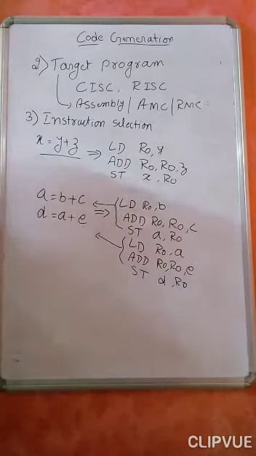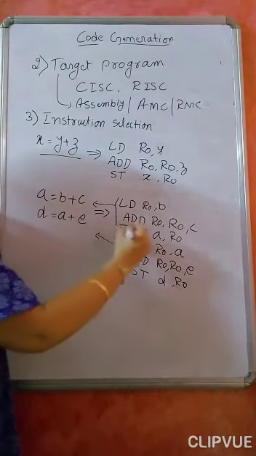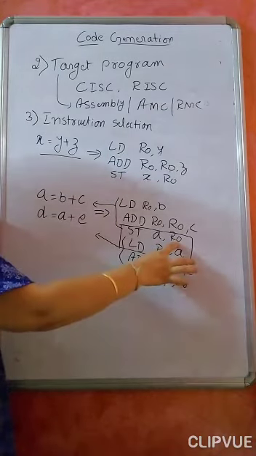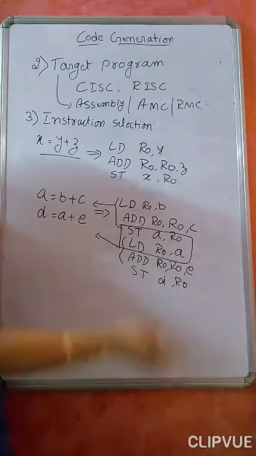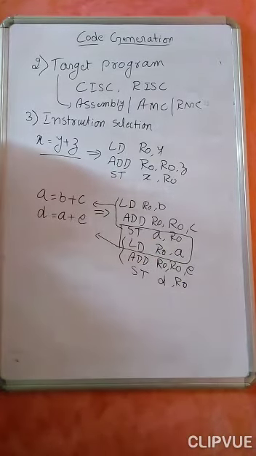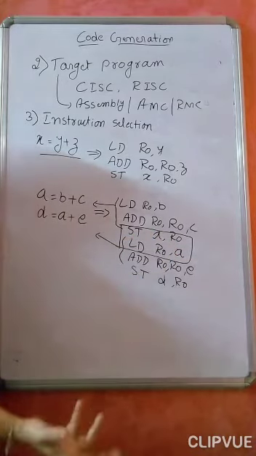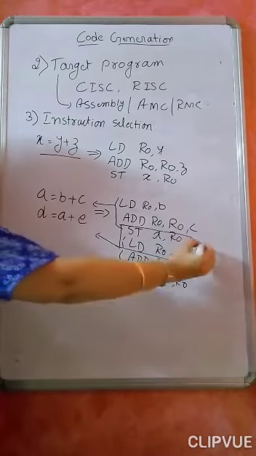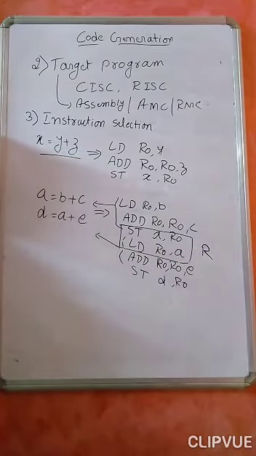No. Why? Here there is a redundancy. In these 2 instructions, whatever is there in the R0, I am storing in the memory location A. Again, whatever is there in the memory location A, I am storing back into the register R0. Which means I have done nothing. Initially it was in the register, I stored it to the memory location, and again from that memory location I stored it back to the same register. So what is the necessity of these 2? These 2 are redundant instructions.